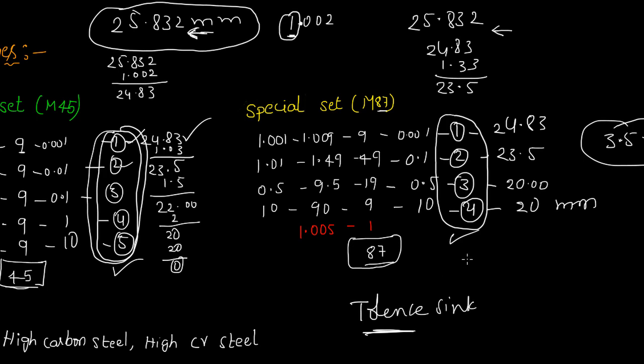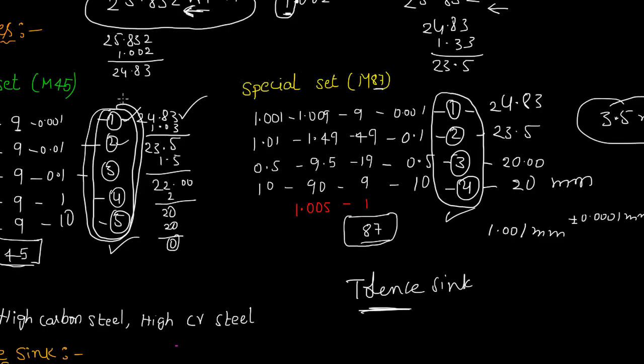We know that we can't manufacture anything to exact size. So likewise, we can't manufacture slip gauges also to exact size. There will be some tolerance on each and every slip gauge. Even a 1.001 mm slip gauge also has some tolerance, like plus or minus 0.0001 mm. If I use 5 slip gauges having each a tolerance of 0.0002 mm, those 5 will add up to give